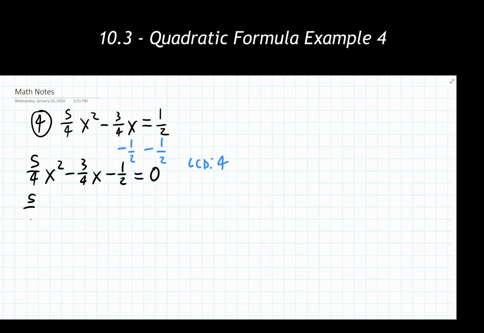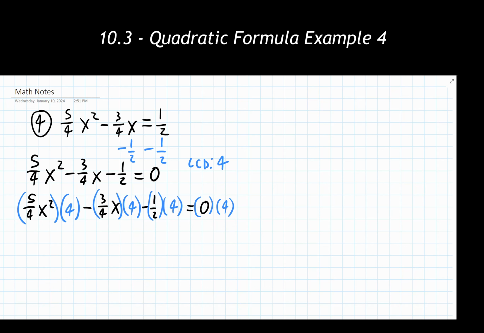So we are going to use that lowest common denominator, and we are going to multiply every single term in this problem by 4. And now I'm going to need to cancel out that lowest common denominator of 4 here with every one of these denominators. So what happens is when I do that, thankfully, all the denominators go away, and I'm just left with integer values left over.